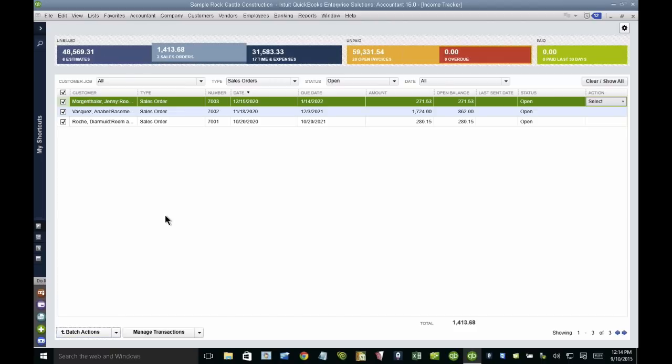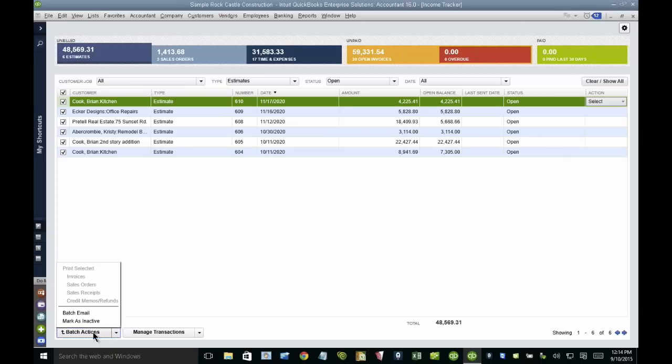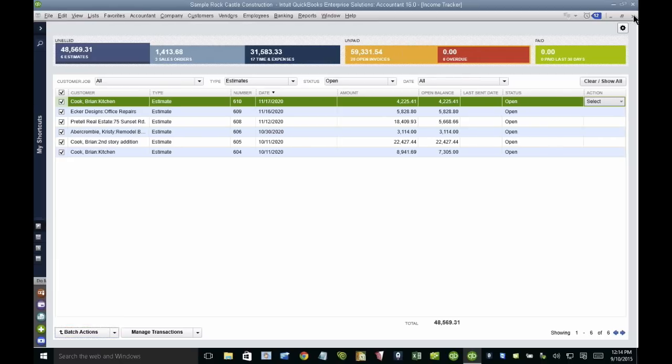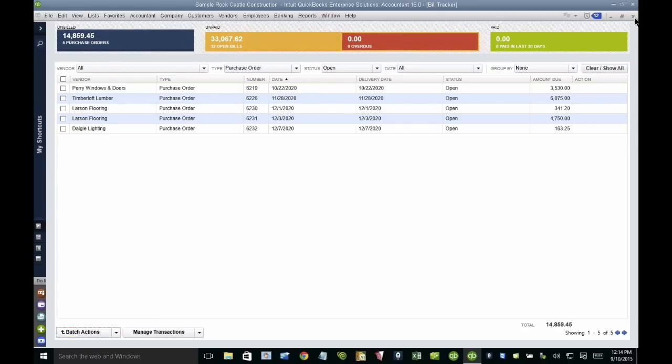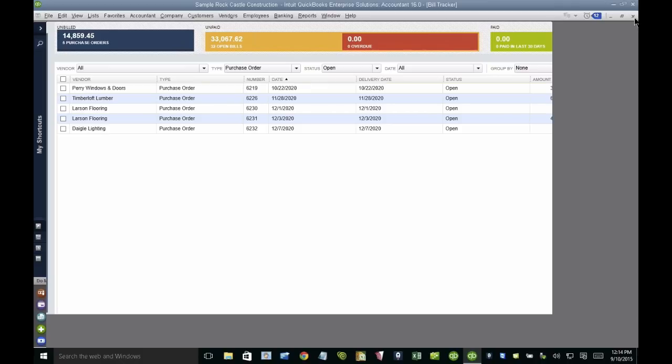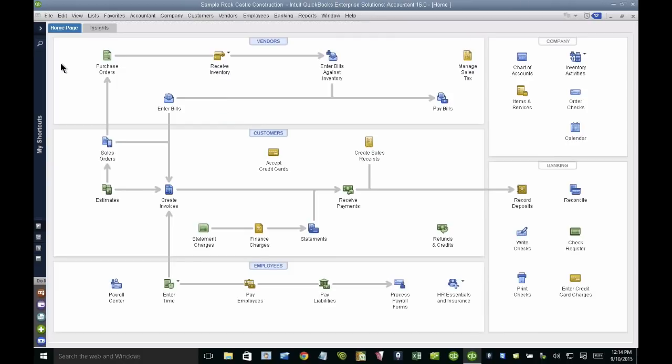So I thought that was kind of interesting, right? So you can inactivate estimates in batch through this feature here, and you can close POs in batch, but you cannot close sales orders in batch. So that's something good to know. Okay, so that's bill tracker, and let's go for the next feature, which I really really like, which is a